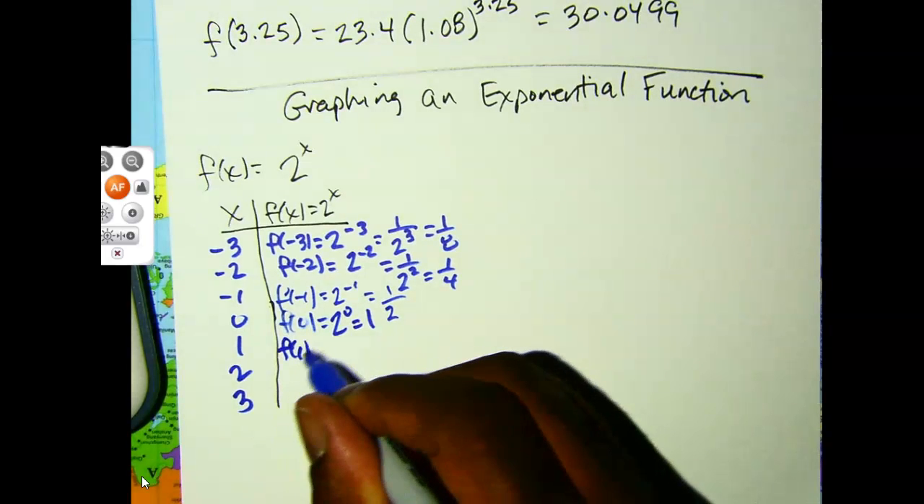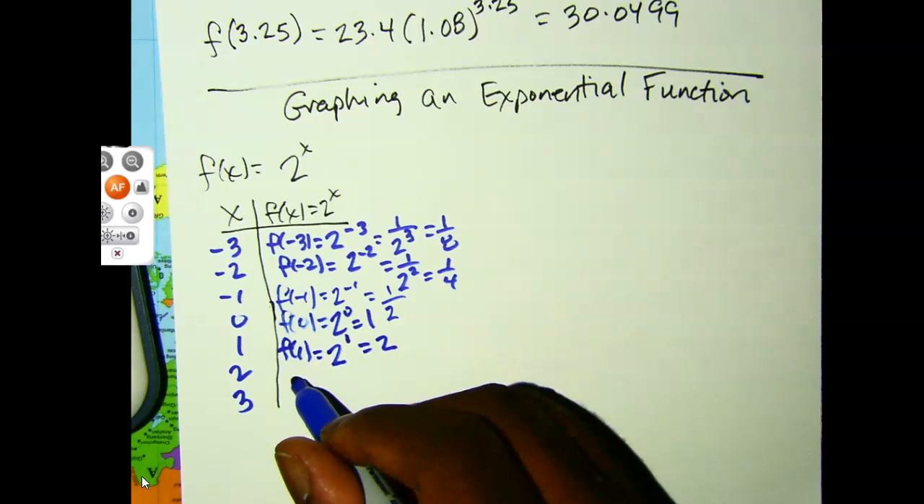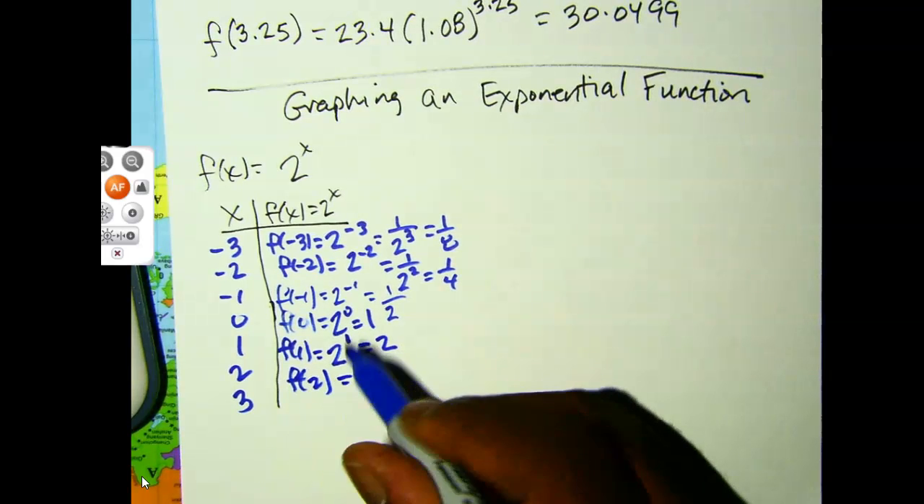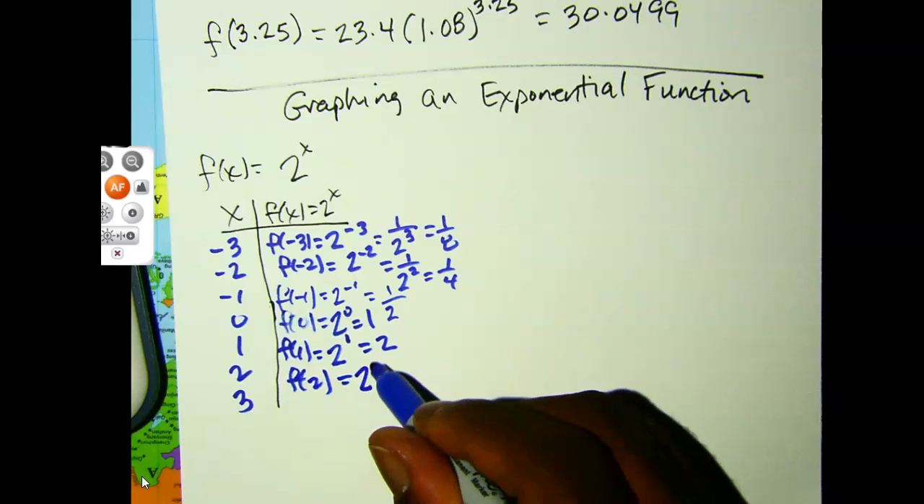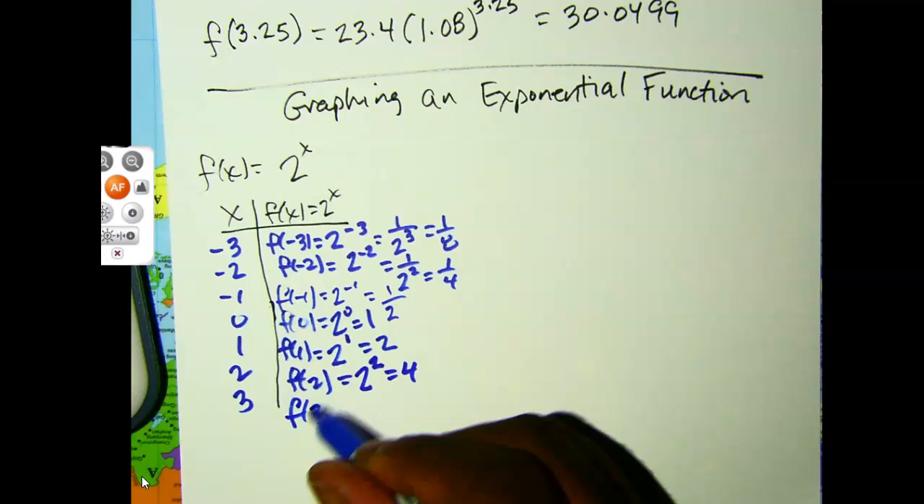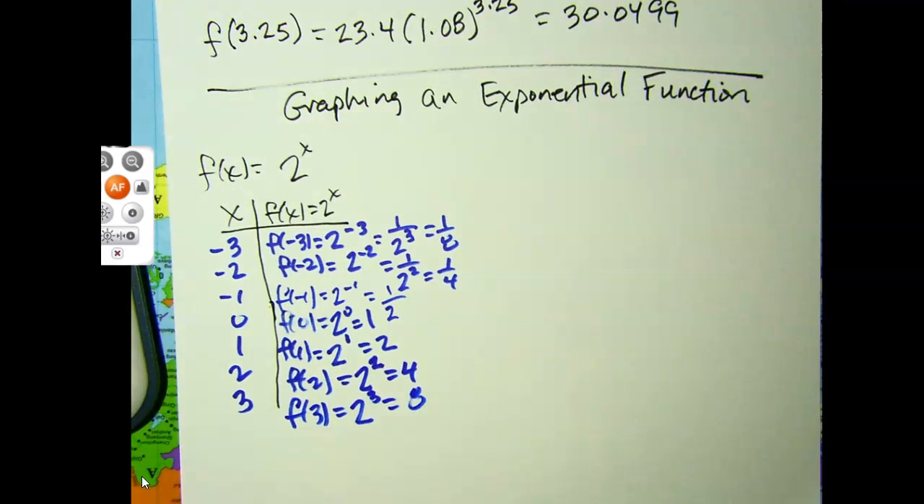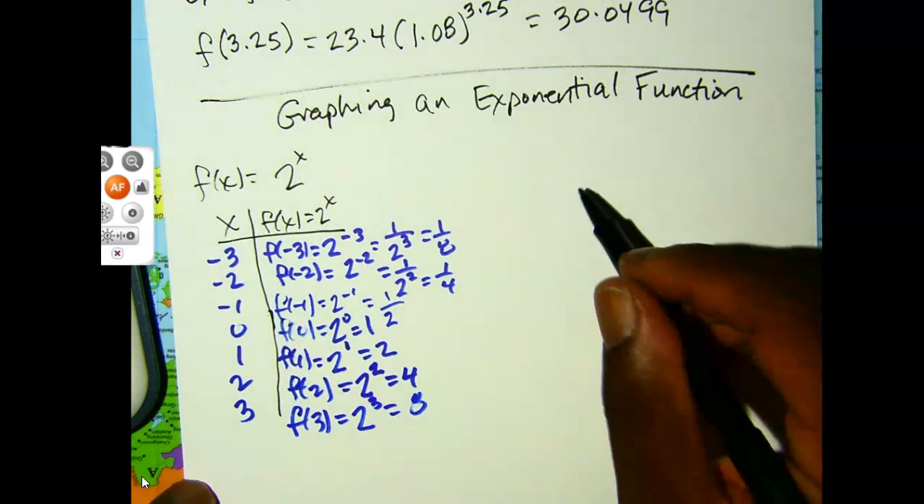f of 1 is 2 to the first power, which is 2. f of 2 is 2 to the second power, so that one's 4. And then f of 3 is 2 to the third power, and there we have 8. So our graph